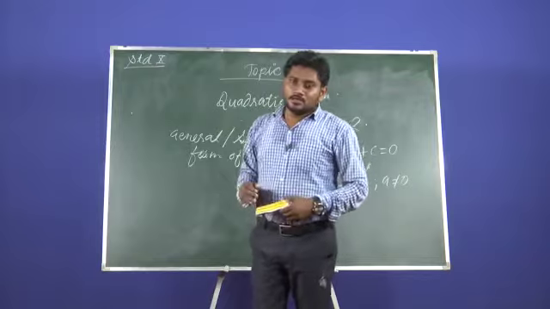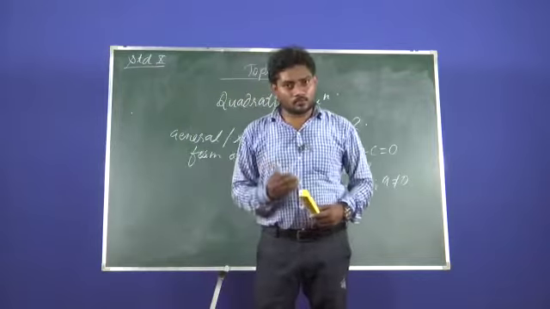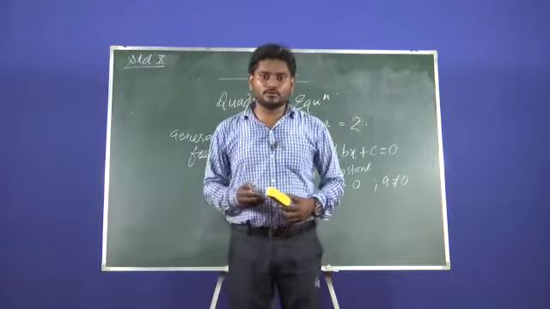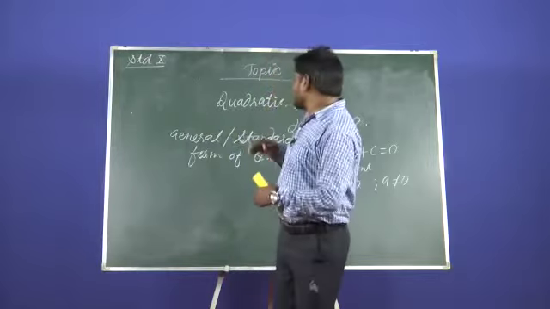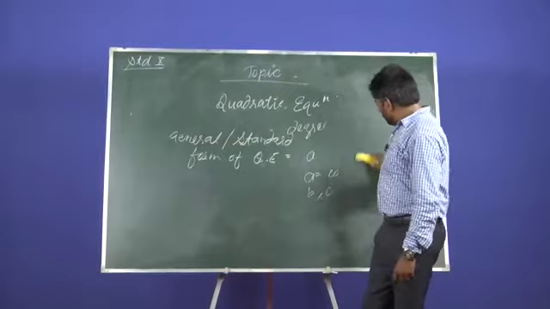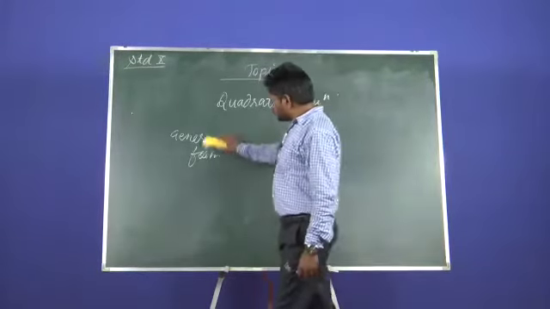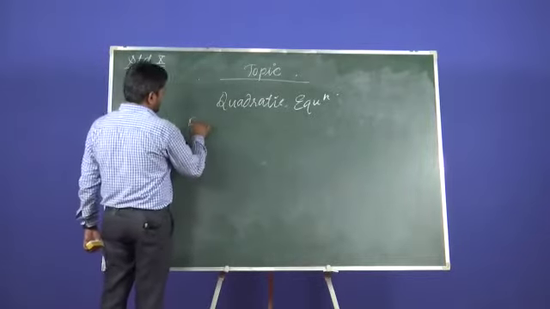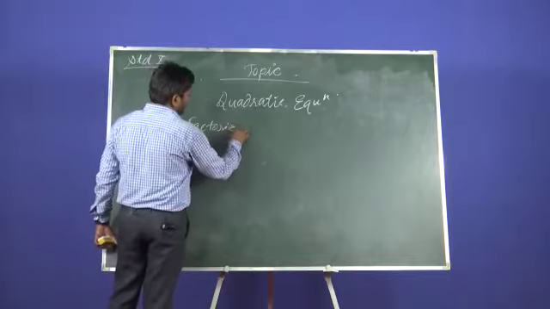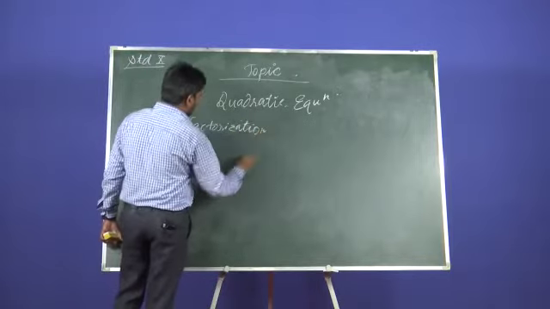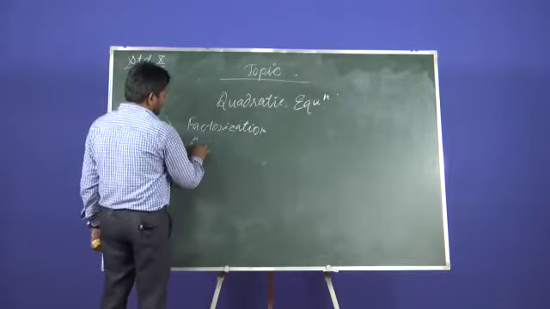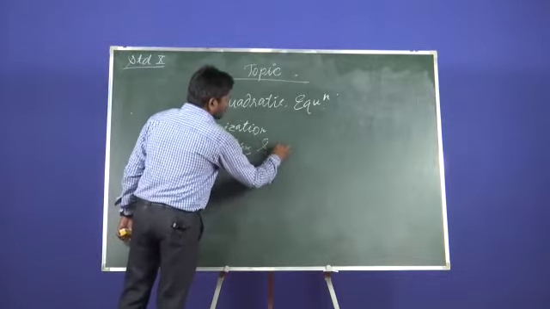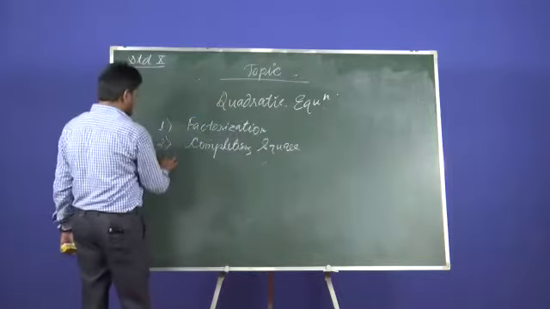So guys, similar to linear equations, where there are two methods to solve, the elimination method and the substitution method, we have three methods to solve quadratic equations. With these three methods we are going to solve all quadratic equations. The first method is known as the factorization method. The second one is known as the completing square method. And the third is known as